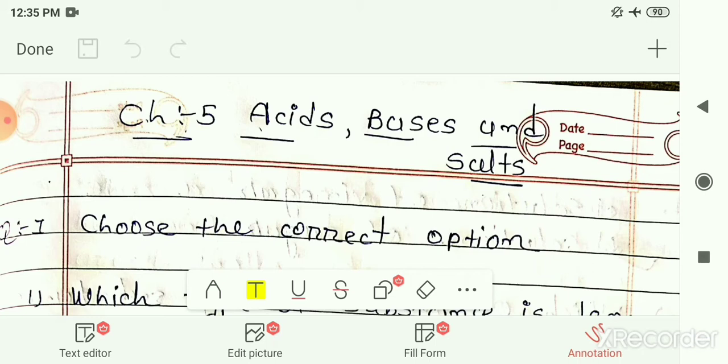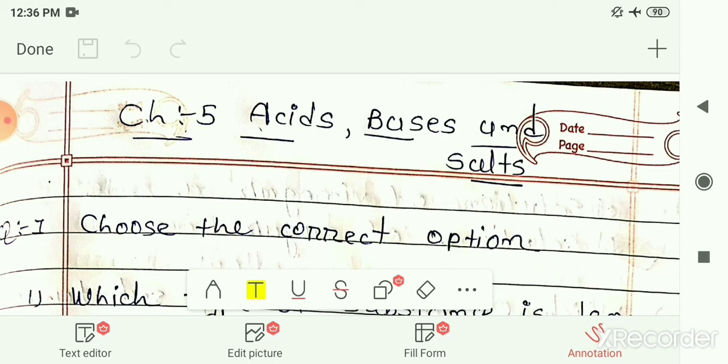So before starting that, let me recall what we had seen in the chapter. In the starting we had seen some examples of acids and bases. Curd, lemon juice, orange juice, turmeric, vinegar, etc. are sour substances and they are natural acids. Then we had seen that baking soda, washing soda, soap, lime, sodium hydroxide are basic substances and they feel soapy to touch. Then after we had seen some indicators.